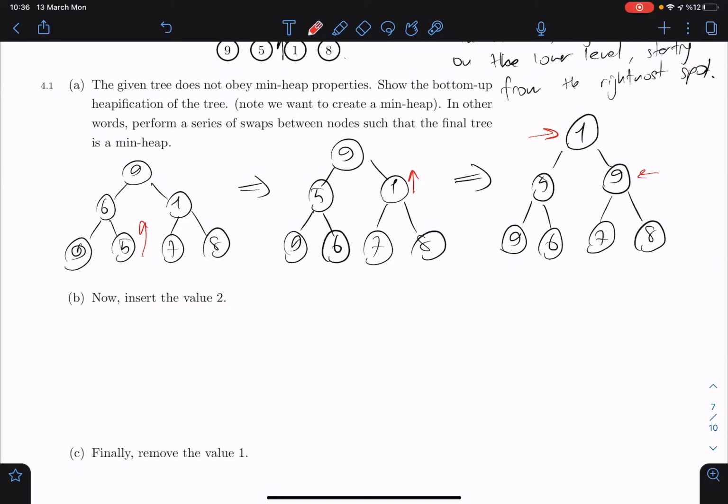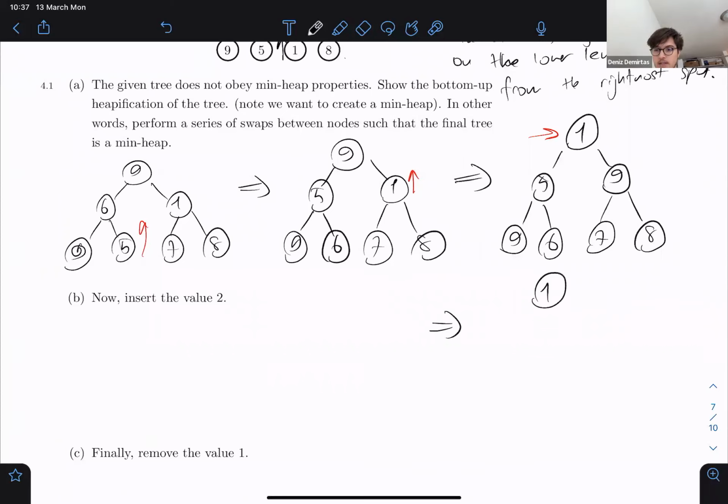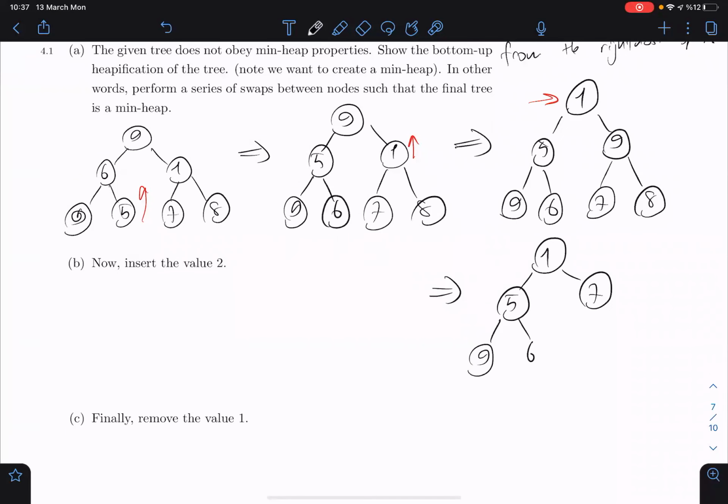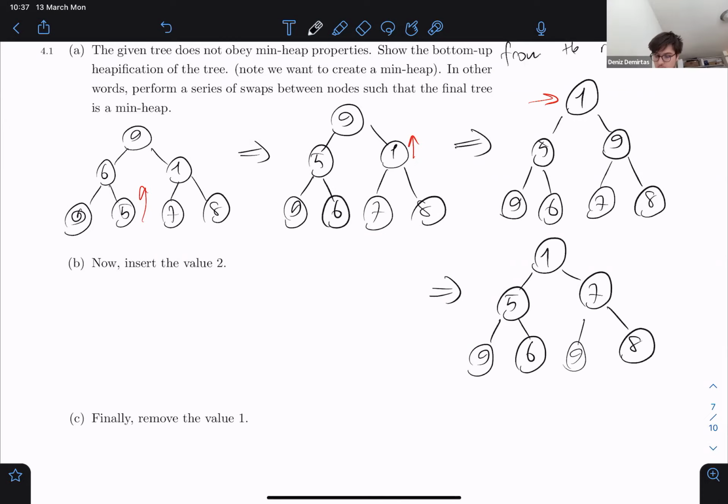But in this case, we can see that they're actually not. So since we're dealing with a min heap, what we do in this situation is find the smallest child of 9 and then swap its place with 9 so that our structure would look like this. And the reason why we do that is that we want our heap to obey, again, the min heap properties